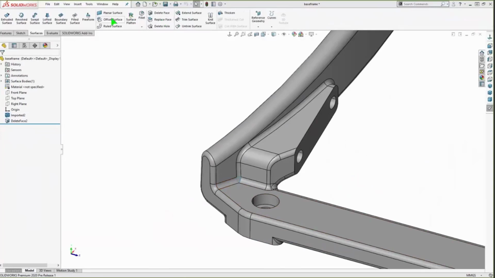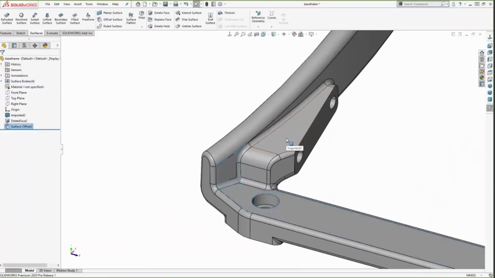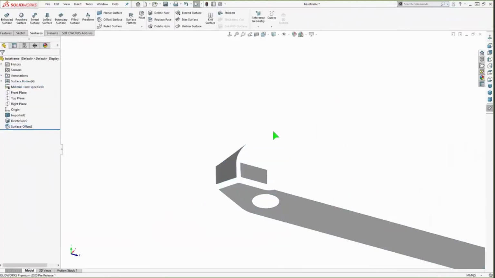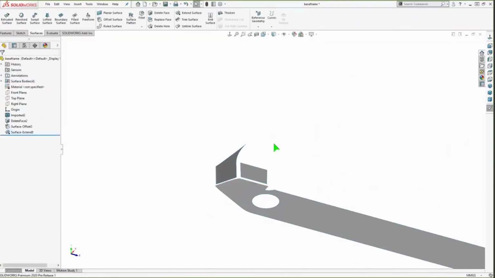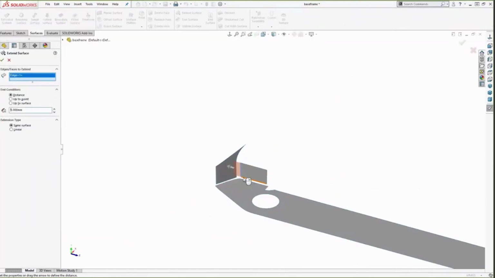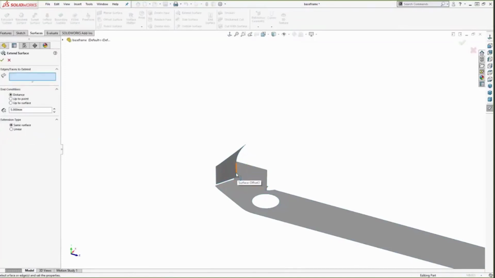So what I'm going to do is, you don't just try to patch the area that's the problem. Sometimes you want to take an area that almost includes the problem area and a margin around it. So I did a copy of those existing faces, and I hid the original so that I can focus on just the geometry that's contributing to this problem. So these 3 faces that were copied, I'm now extending them so they go past their intersection,